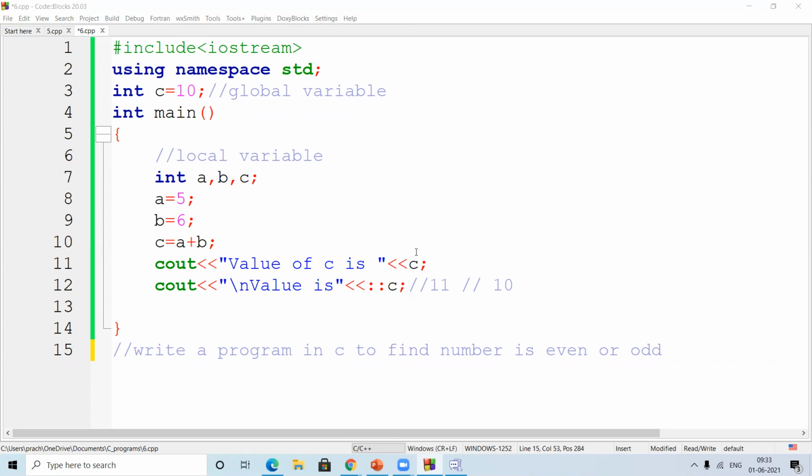Okay. Could you able to understand the concept of global and local? Have you done that? Just simply declare one variable before the main and the same variable inside the block of a statement. Okay. And then go for this particular program.